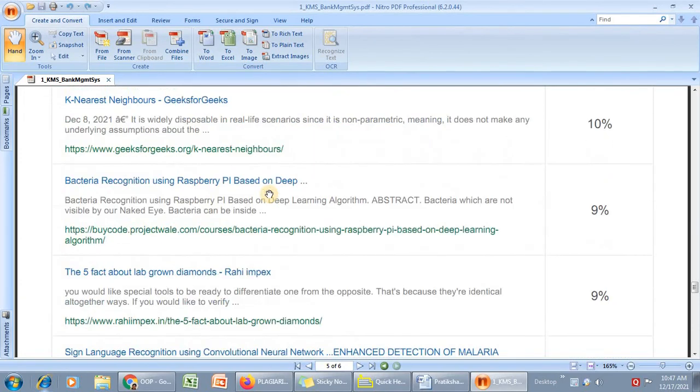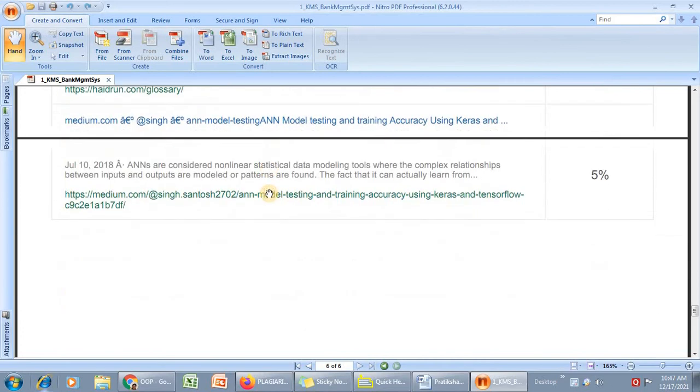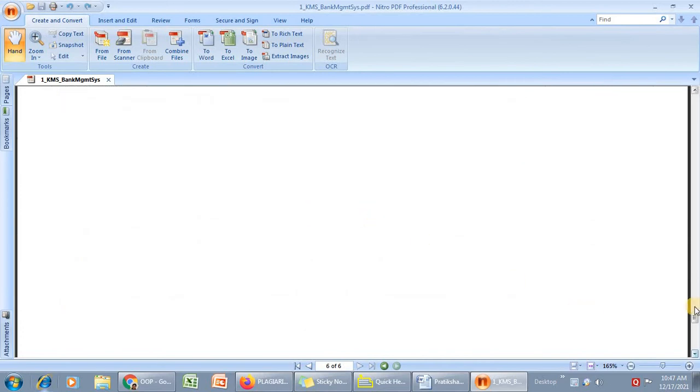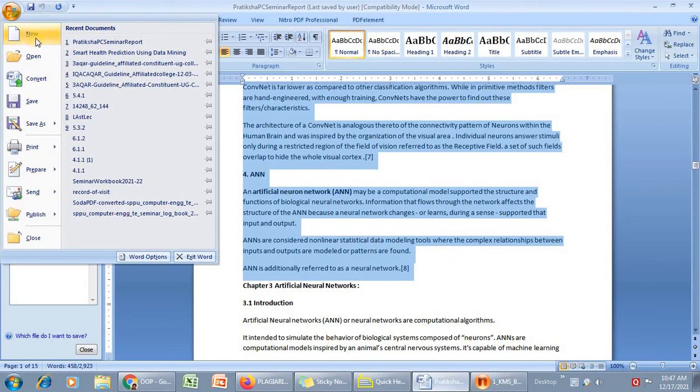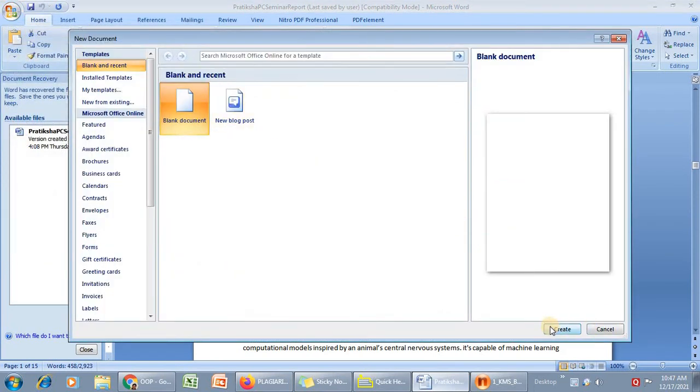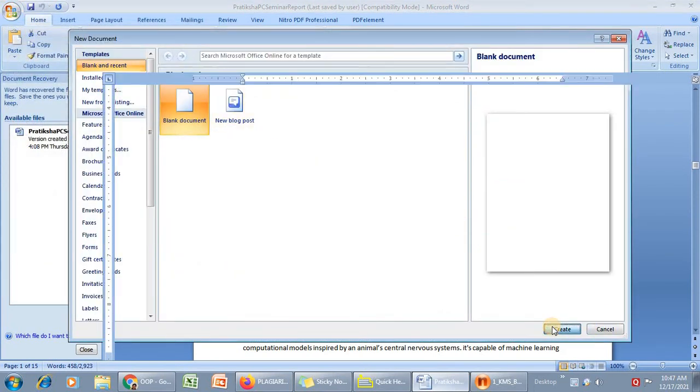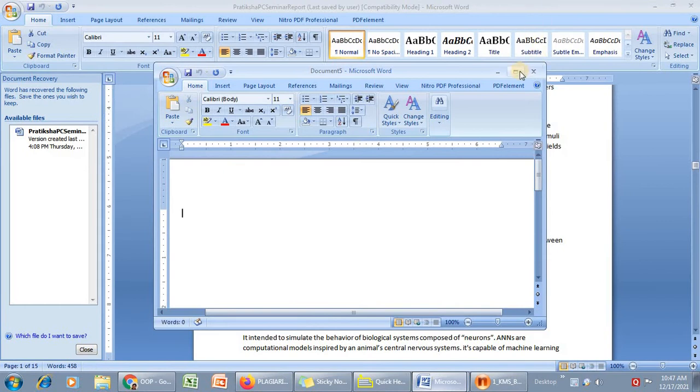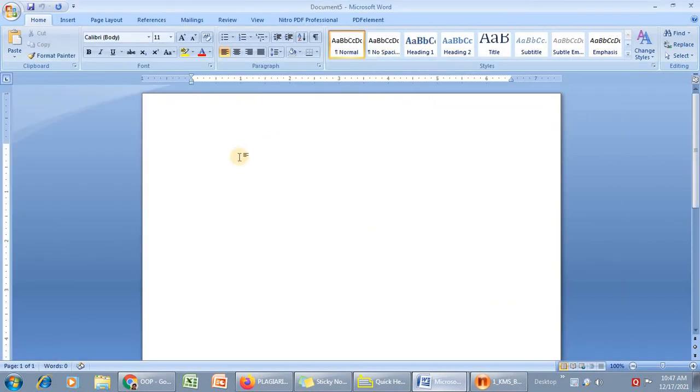Now after that, your job will be to find out how much plagiarism is there in your work. So what you can do is take a Word file, create a new Word file over here, and inside this file add all the chapters.